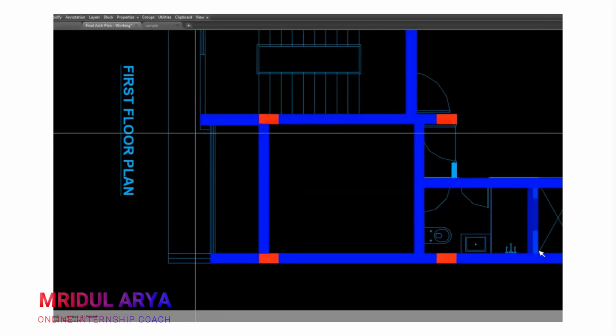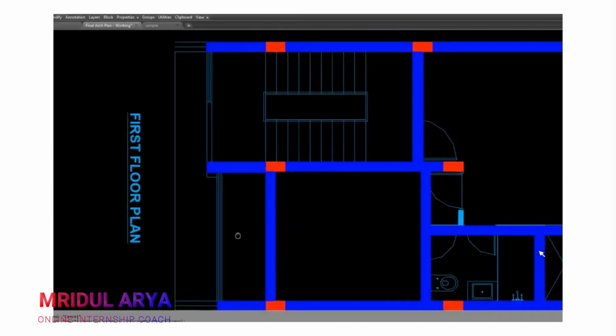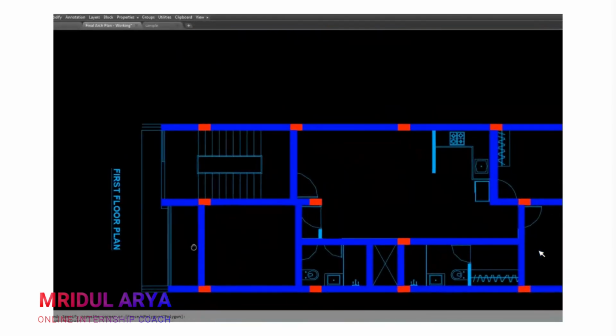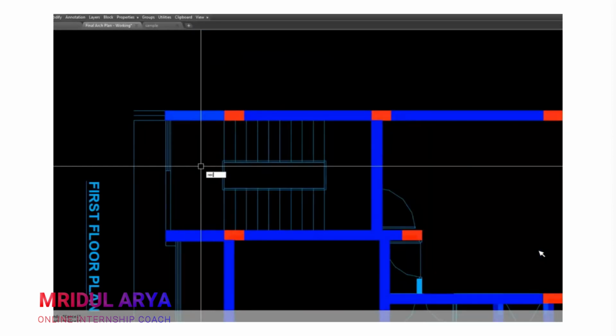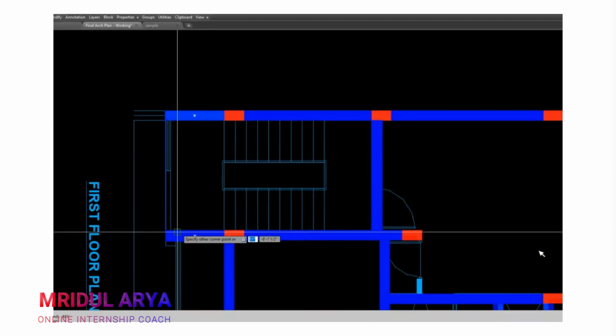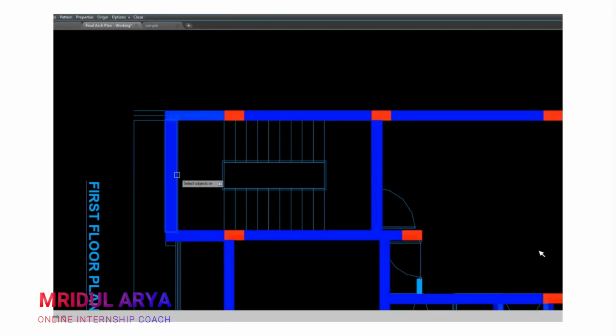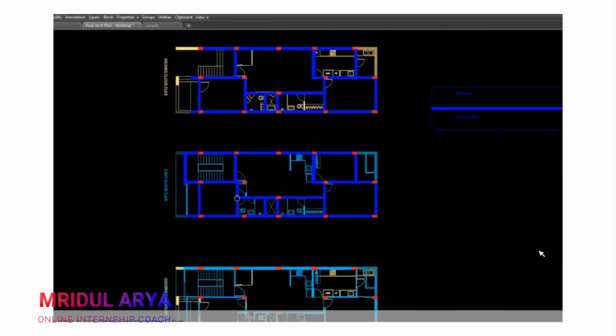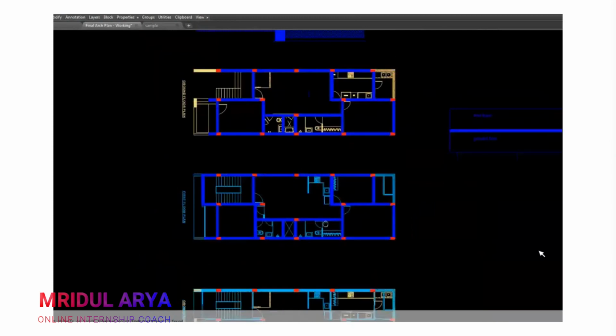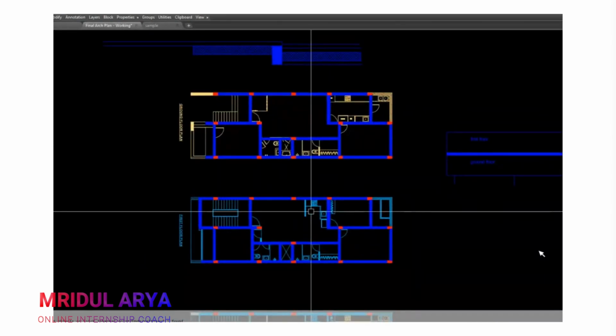This will be our main slab, and this slab will be my cantilever slab. But I will have a beam at the landing level of the staircase.